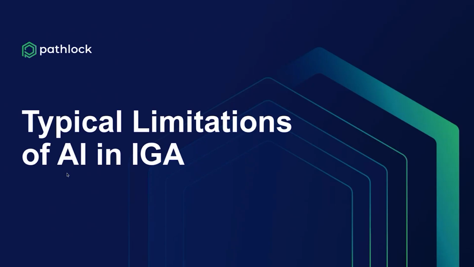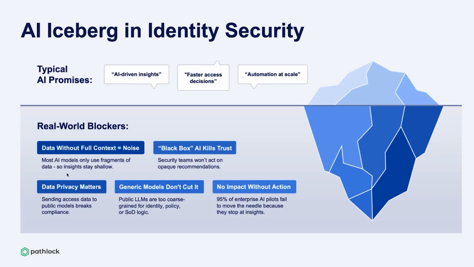But there are typical limitations of AI in IGA nowadays. To handle all this data and the context I was talking about, you need AI. Humans cannot go through this massive amount of information and understand all of it. You need AI to understand and come up with best practices of risk analysis. But